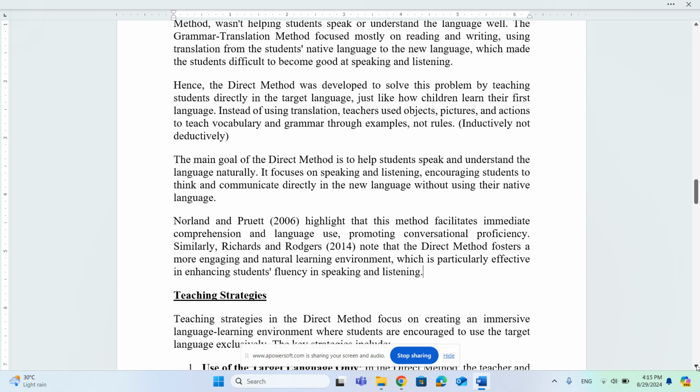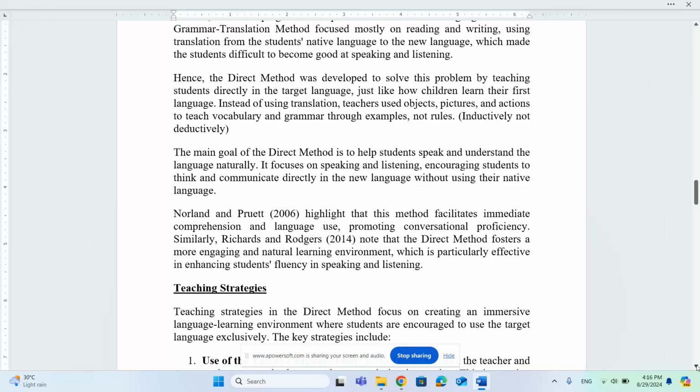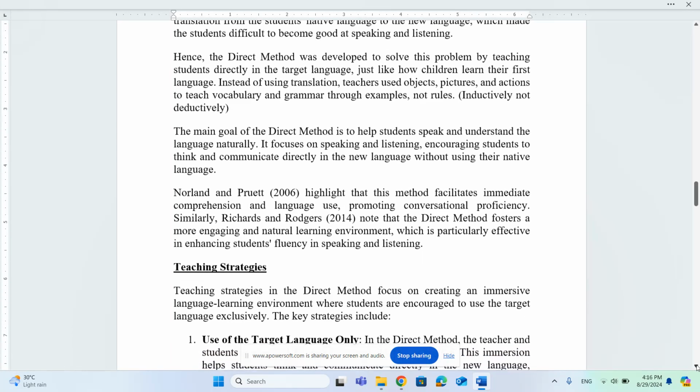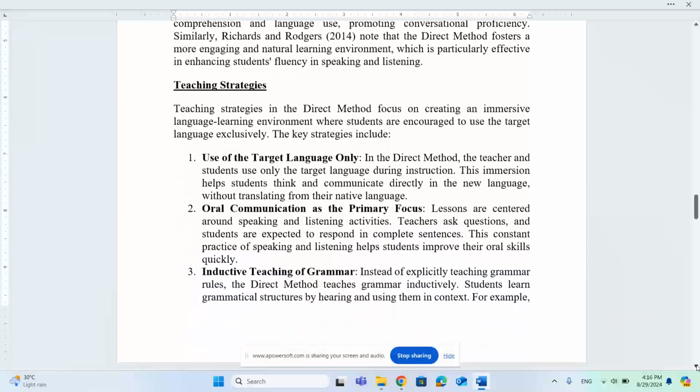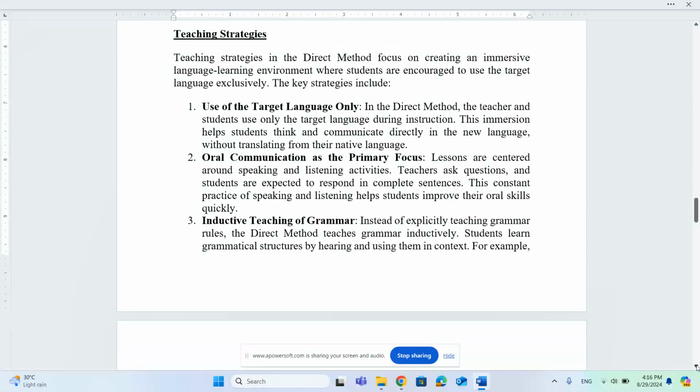These are some of the literature which I have collected and shared with you to talk about the concept of direct method. Now, this is the brief concept of direct method. So let's go to the next subtopic, that is teaching strategies. What different strategies do we as teachers have to follow in the classroom while teaching the language using the direct method? Teaching strategies in the direct method focus on creating an immersive language learning environment where